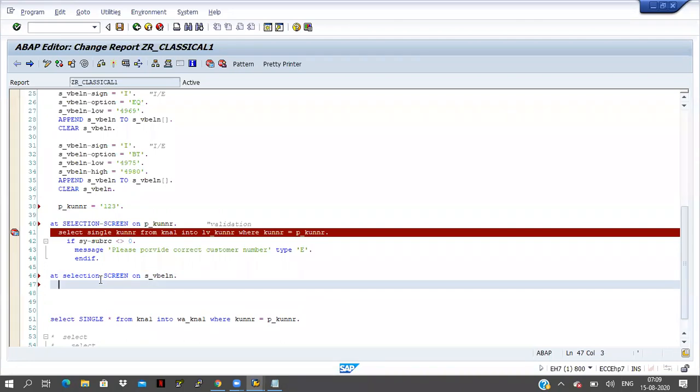Here also you have to check whether the input value is available in our table or not. If the record is available, then there is no problem. If the record is not available, then I have to display one more message here.